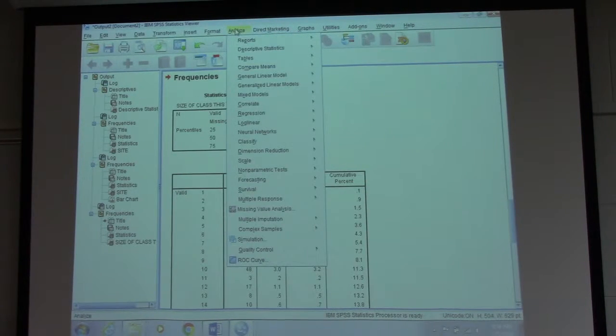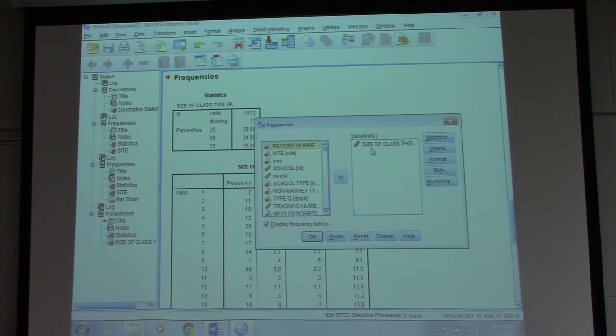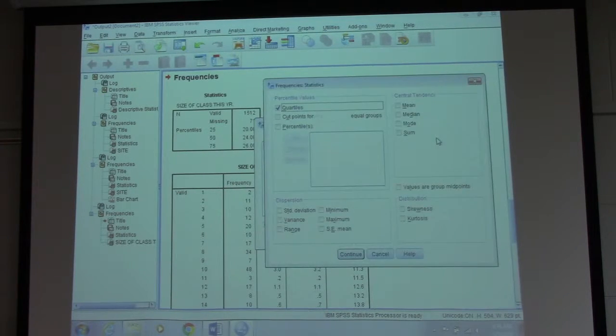So I'm going to go back to my frequency function, and look at class size again, and go to statistics, and instead of quartiles this time, I want to cut it into 10 equal groups. So I select cut points, and you'll see 10 equal groups. I could enter whatever value I wanted, and then I do continue,